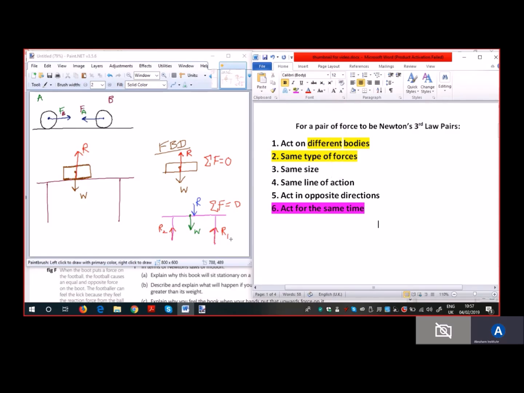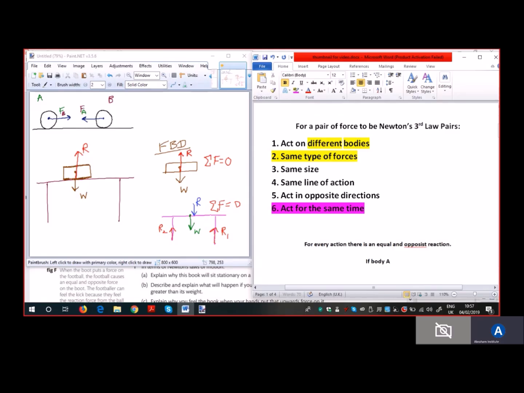So I will write that down. Newton's third law states that for every action there is an equal and opposite reaction. Another way of saying this is, if body A exerts a force on body B, body B exerts an equal and oppositely directed force on body A. So another way of stating Newton's third law is: